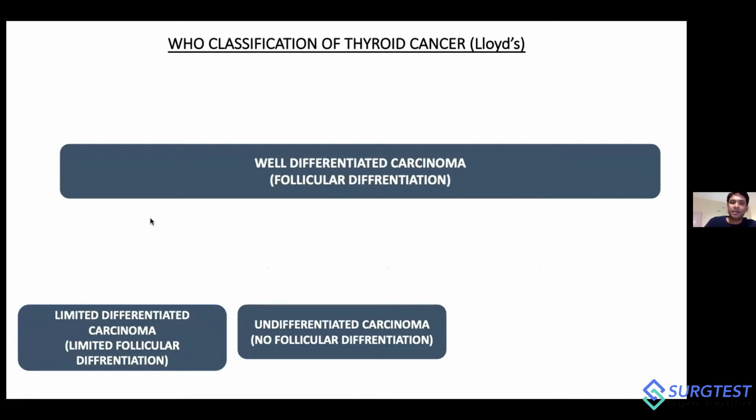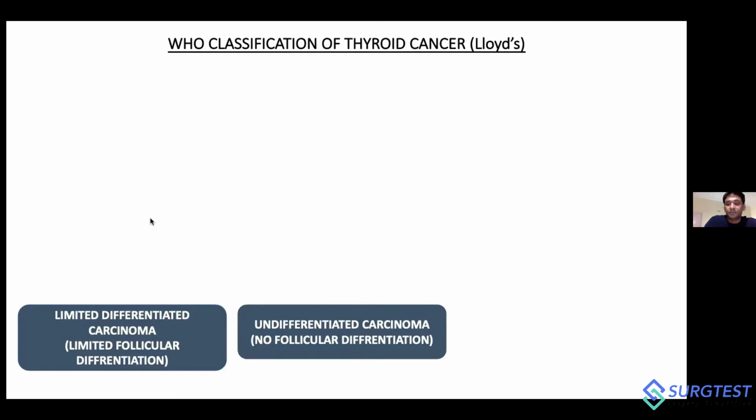Then there are undifferentiated carcinoma where there is no follicular differentiation, and in between these two there is a limited differentiated carcinoma with very limited follicular differentiation. So at one end there is well differentiated carcinoma, at the other end there is undifferentiated carcinoma, and in between there is limited differentiation. Okay, so this is very important, how we divide the three of them, the three major